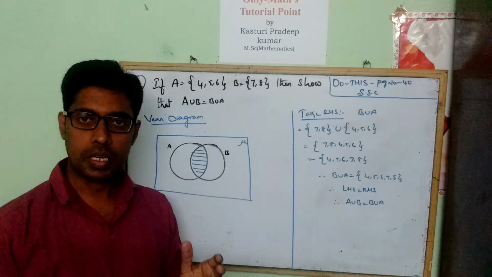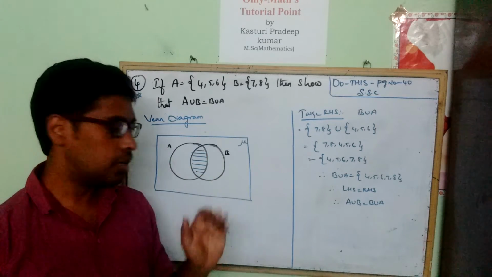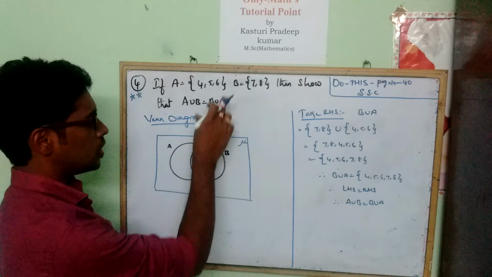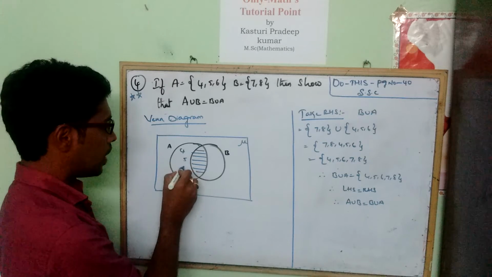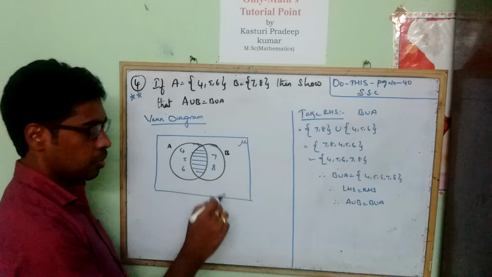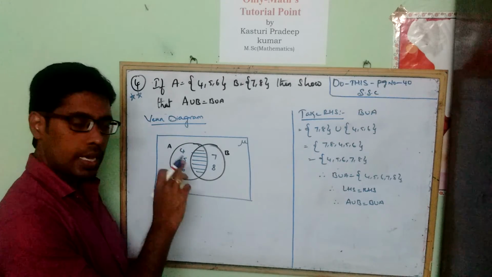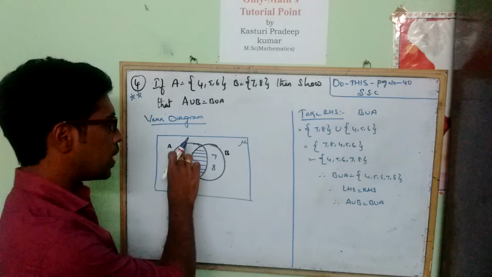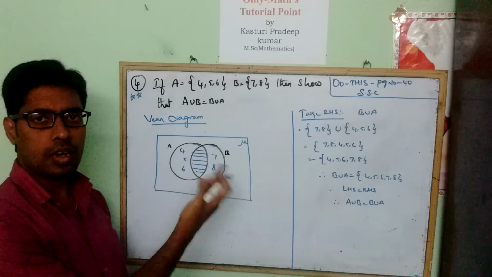Whenever you are drawing a Venn diagram, guys, you have to mention the middle elements, the common region elements. Then only you can arrange the remaining part. But in this question, in both the sets, we don't have any repeated value. We don't have any common element. So 4, 5, 6 belongs to only A set, and 7, 8 belongs to only B set. Only A and only B. The terminology is important, guys. This region is only A, this region is only B, and this belongs to A or B.